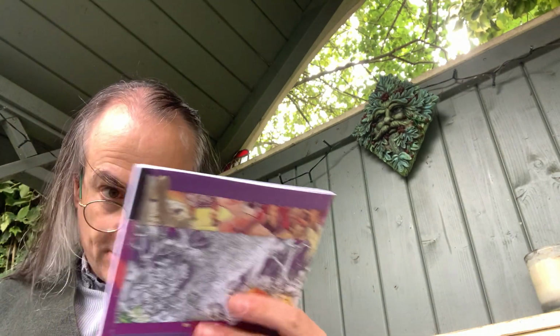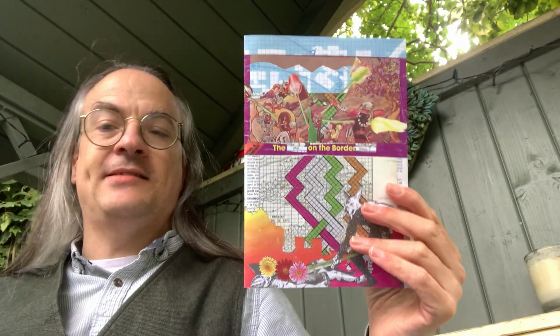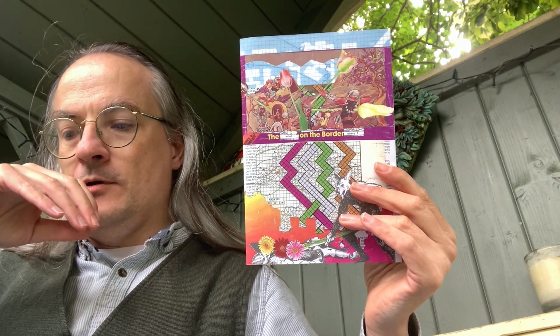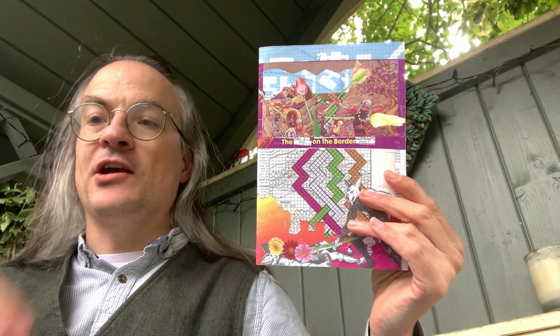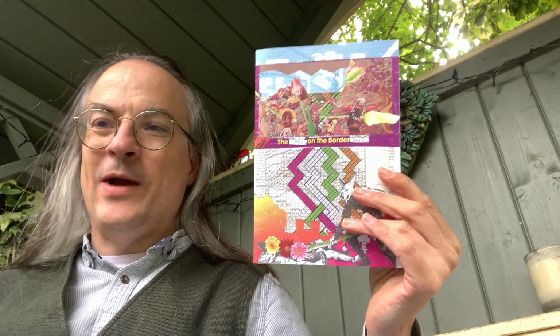The What on the Border Where, which I'm intrigued by because I'm fascinated by the Keep on the Borderlands and all its iterations. If you've followed my reviews, I have done reviews of essentially all the iterations and variations upon Keep on the Borderlands, and that's B2 and then B1, In Search of the Unknown, all the way up to the Original Adventures Reincarnated from Goodman Games version, the Big Pink Book, which is excellent. So yeah,